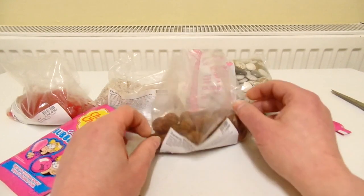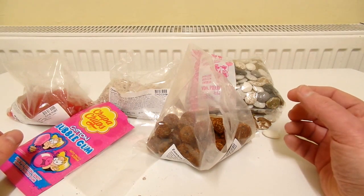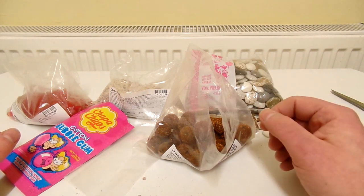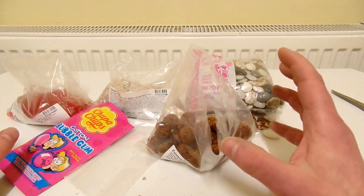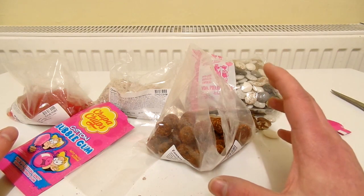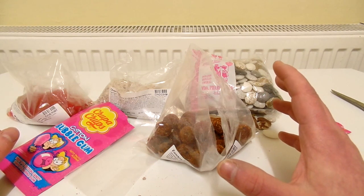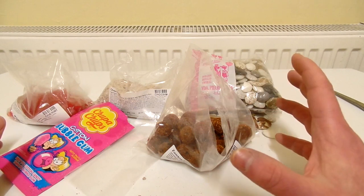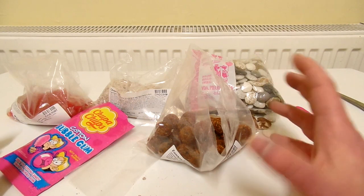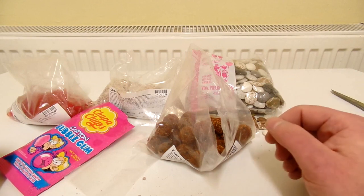You know, when the heat was at its strongest, I would say it's about the same as the chicken vindaloo from Tesco, which I did a review on several months ago. Like I said, for me, these are very, very sour, very, very hot, but not so much that it's unbearable, not so much that it's unpleasant. I really enjoyed it. They might be a bit too much for some kids, or maybe most little kids. I'm not really sure, but